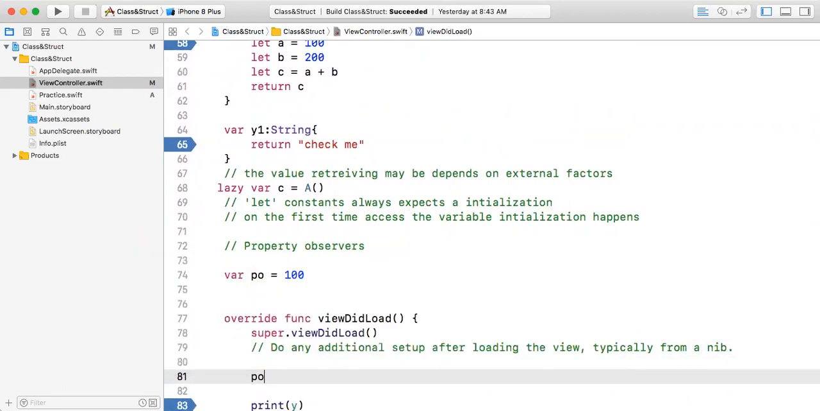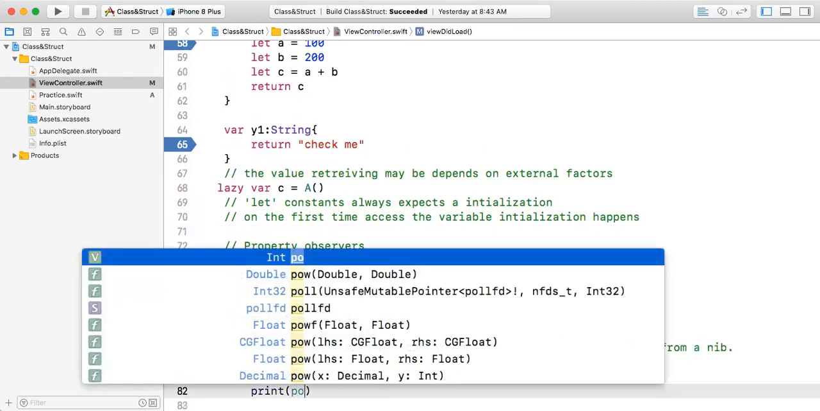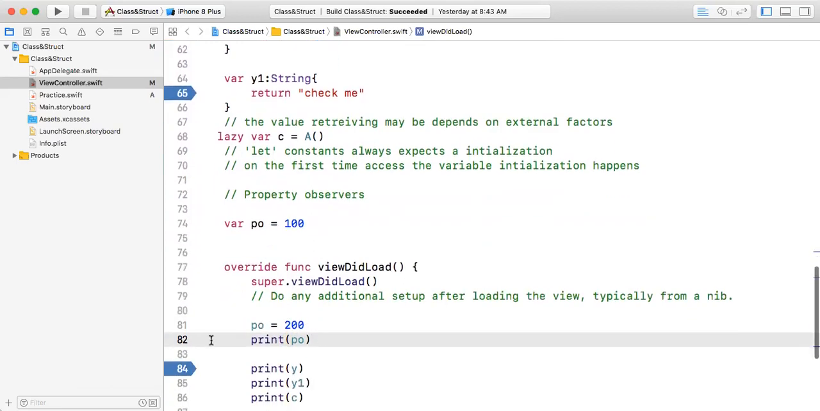What is the variable I'm having? For this, I'm assigning a new value. So p1 equals 200. If I print it, I'll get a value called 200. When I print this,